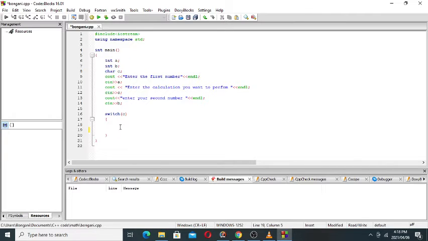I'll be showing you how to make a calculator where you can choose which arithmetic calculation you want to perform, whether it's addition, multiplication, subtraction or division. You have the choice between those calculations, which one you would like to perform. So for that,